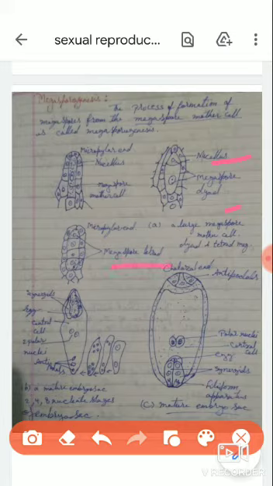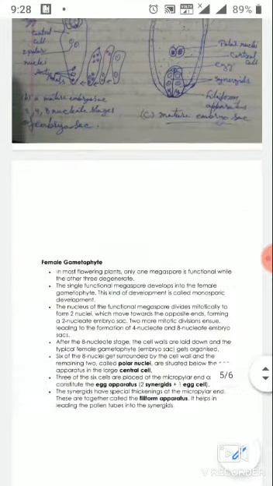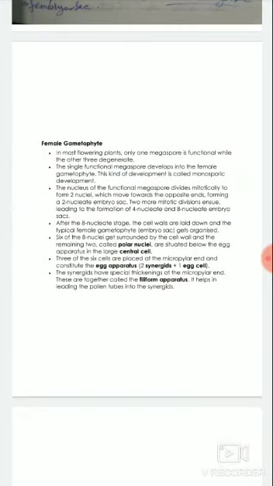Chalazal end and antipodals. Antipodals, polar nuclei, central cell, egg, synergid, filiform apparatus, mature embryo sac. A mature embryo sac at the 8 nucleate stage. Synergids, where these are fused, egg, central cell, two polar nuclei, antipodals. Next, female